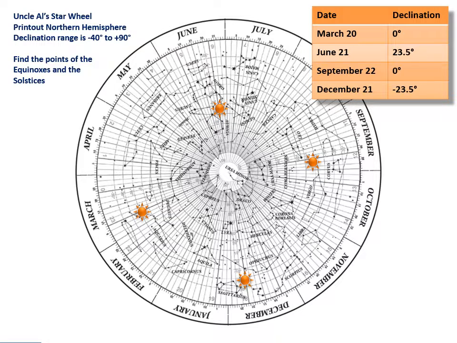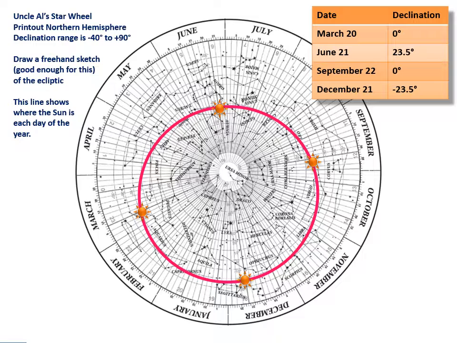Find the points on the star wheel for the Sun's position on the equinoxes and the solstices. Draw a freehand sketch of the ecliptic through these special points. This is the path of the ecliptic. Since the solar system is relatively flat, the planet positions and the position of the moon are not very far